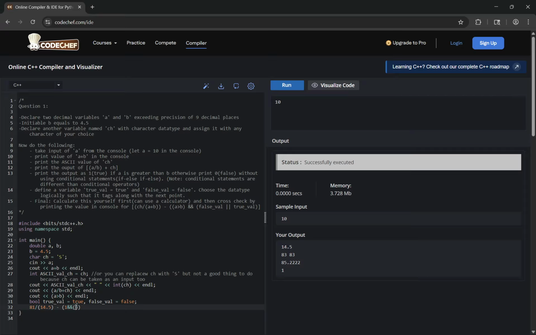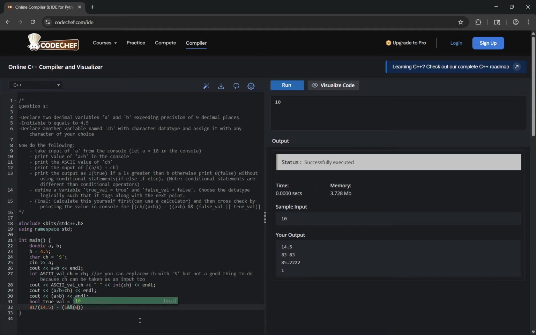false value. So what I want to tell you here is each bracket means a lot. Suppose you remove this bracket from here, so first and will be calculated, then or will be calculated, which will give you some other answer, maybe for 1 and 1. No, actually the answer will be the same, but yeah, it can change depending on the question. So brackets do matter in C++, just like in maths. So 1 and false val, which is 0,